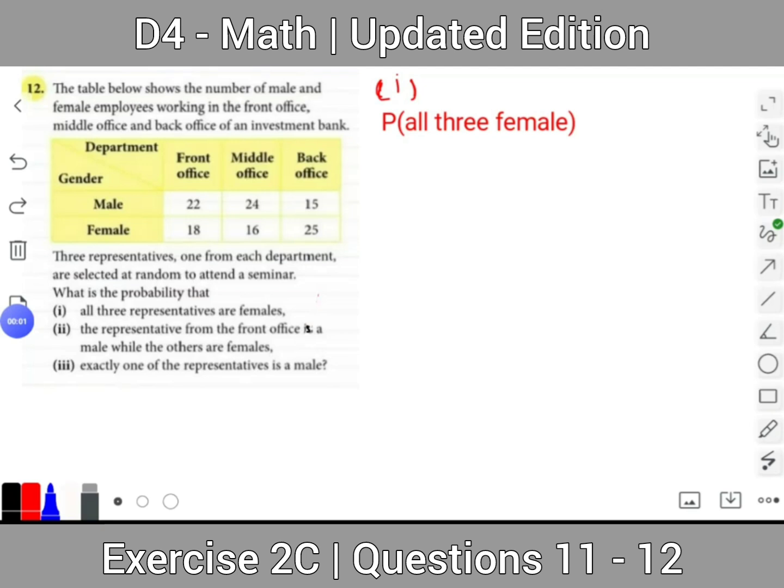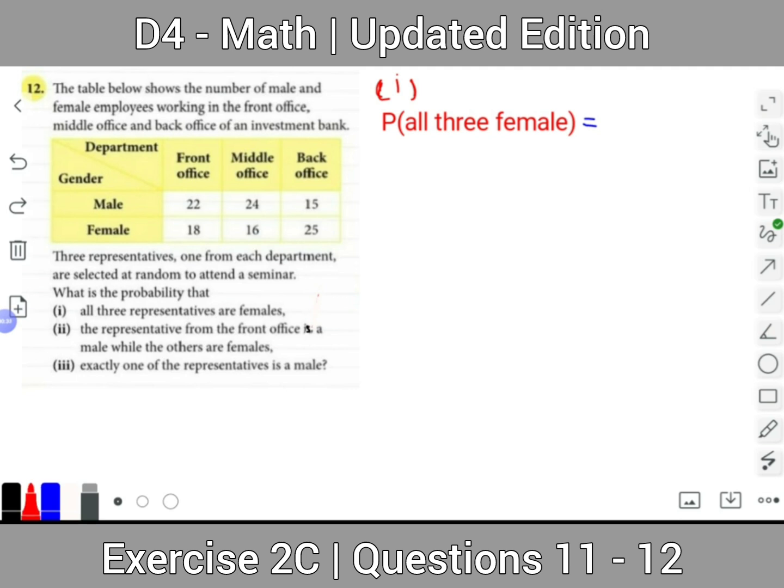So here we have the table showing the department and gender, male and female, and the number of male and female in the front office, middle office, and back office. 3 representatives, one from each department, are selected at random to attend a seminar. What is the probability that in the part 1 all 3 representatives are female? So the probability that all the 3 are females will be equals to,